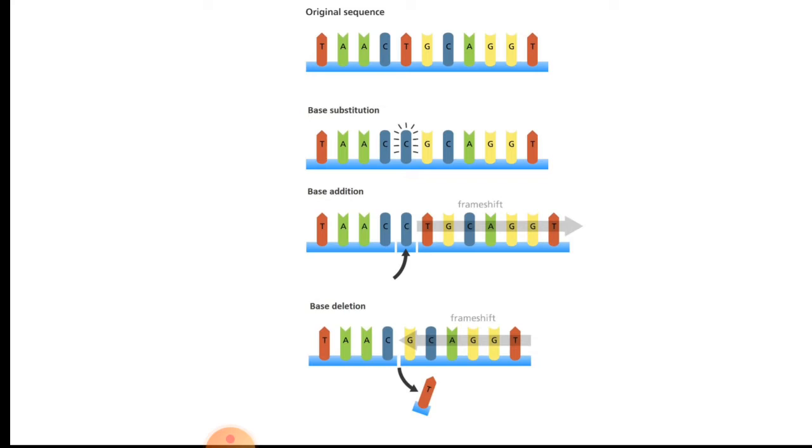Now this is if the mutations are occurring naturally, but mutations can be induced also, and we can induce them for experimental purposes in the laboratories. So how can we induce the mutations? We can induce mutations by the biological mutagens, physical mutagens, or chemical mutagens. So if we talk about biological mutagens, these viruses, they cause mutations in the host cells. So they can induce mutations.